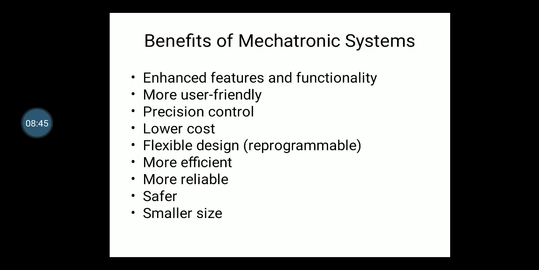Now if someone asks you what is the need of the mechatronic system, we can say all these things, right? All these points also apply, because if we want more efficiency, then we need a mechatronic system. If you want more speed, if you want low cost, if you want more user friendly, all these things also come under the needs of the mechatronic system. So the need and the benefits, the same points can be used for both terms.